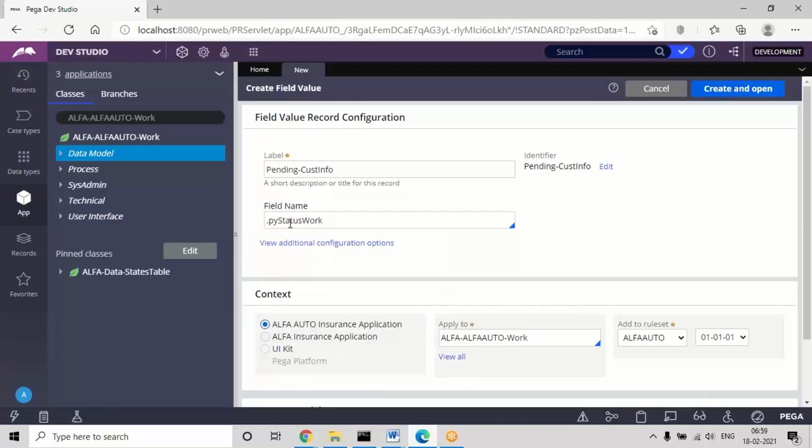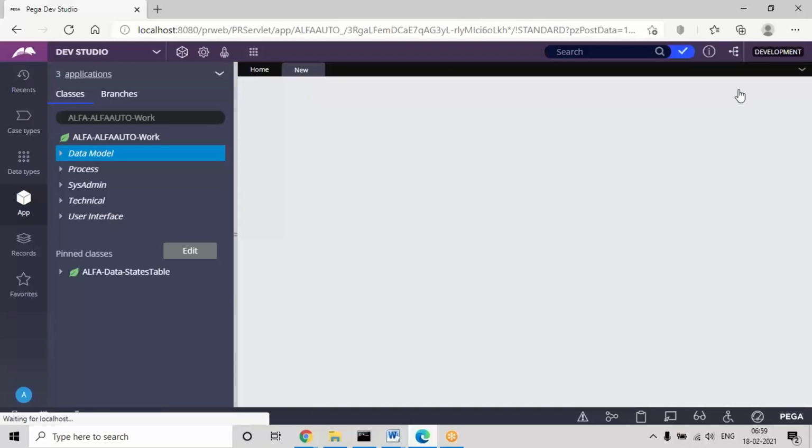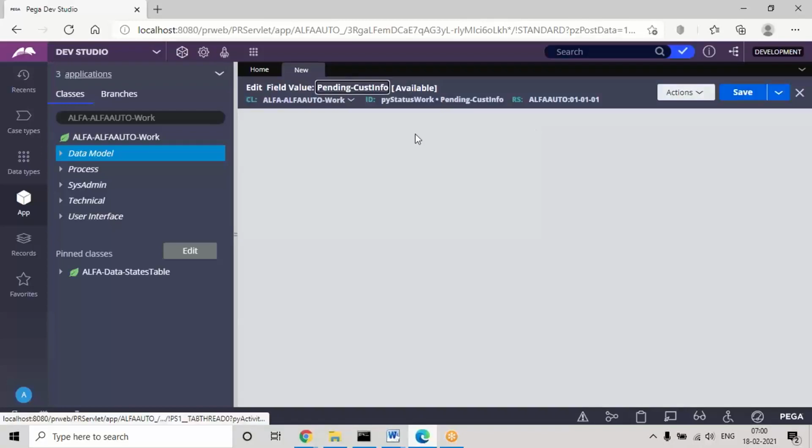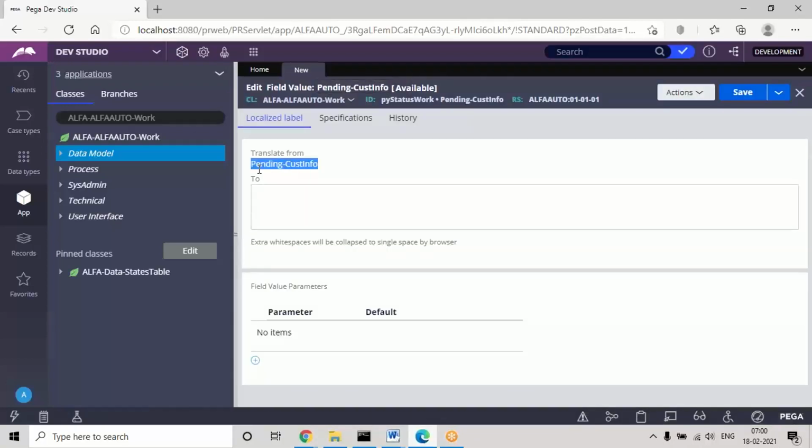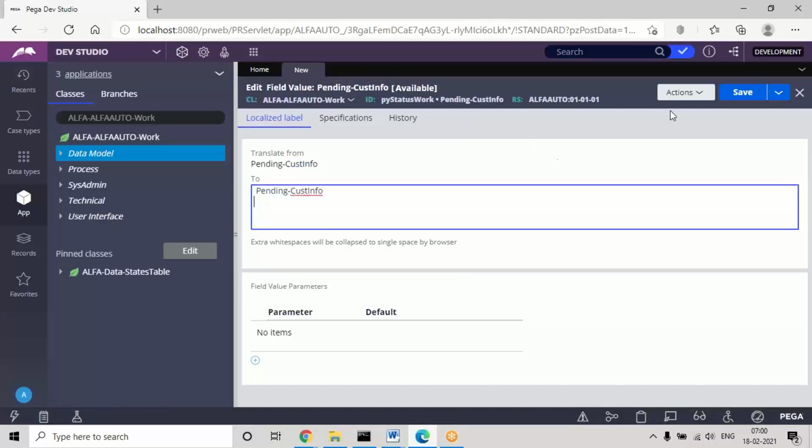Like that, anytime you define a user defined status, we always have to choose the same field. pyStatusWork is the field name. Click on open. Open this. Whatever status name is given, just copy it into the two option, and save this.